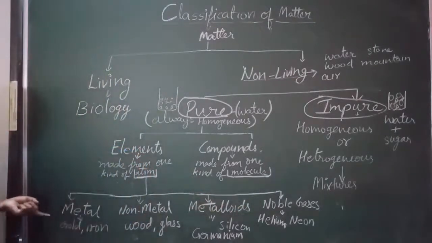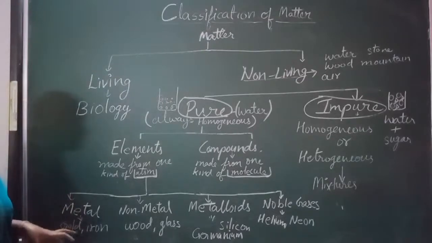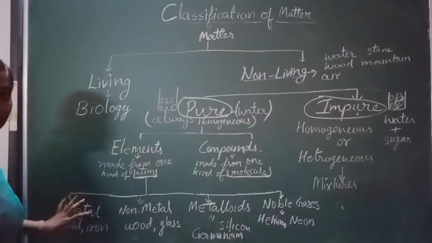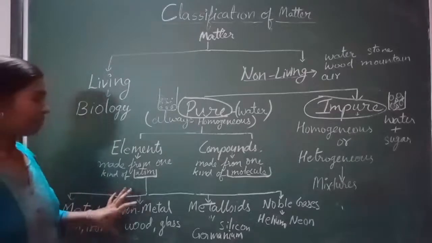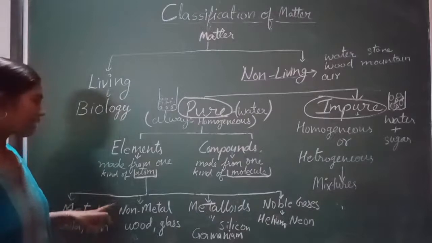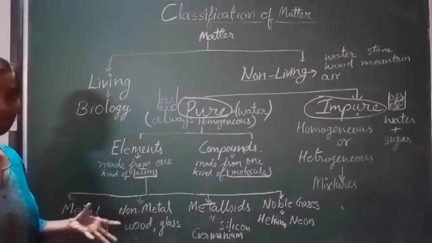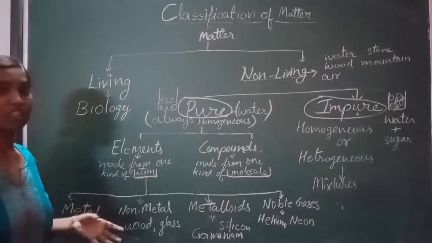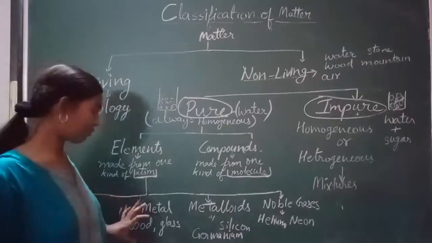Metal are those things which can pass electricity like gold, copper, and they are very solid, very shiny, they are producing good sound. All this kind of properties they are having. We will read this metal in detail. We will read non-metals also in detail. So non-metals are those things, broadly you should know that they cannot pass electricity, they are not producing good sound, they are not shiny. So all these things are non-metals.